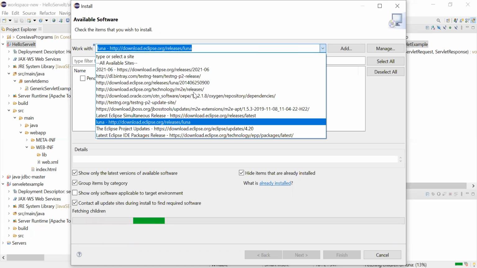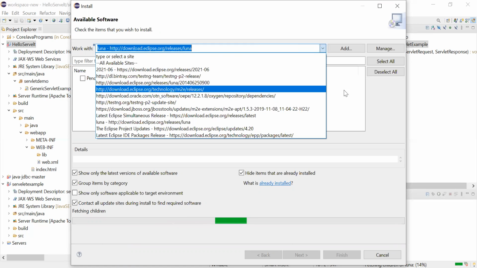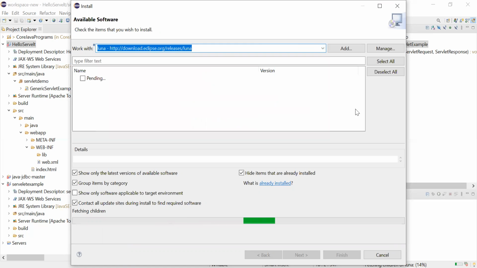Once I gave this, then only I'm able to create